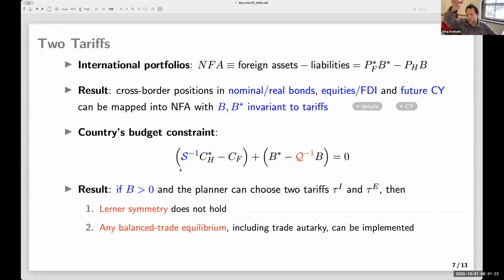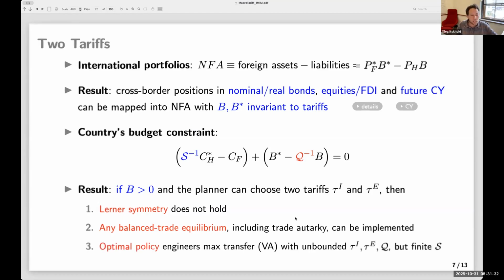So you kind of engineer the transfer to get back to balanced trade, and then you use the terms of trade to move along any point of that balanced trade. So you're really not particularly constrained, but of course it's not something that you would want to do, right? Why would you want to do that? You would want to generate the most favorable valuation effect. And oftentimes the favorable valuation effect will go against the objective of closing the trade imbalance.